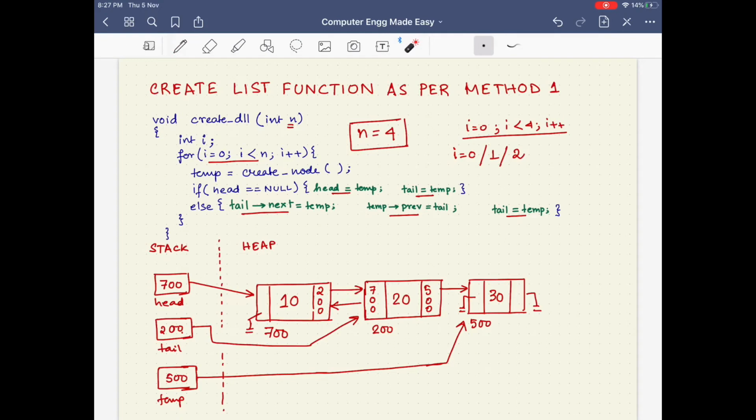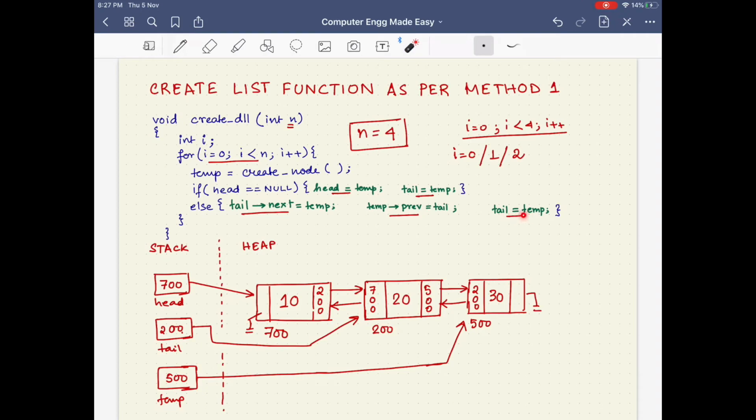Next we have the statement temp arrow prev equal to tail, indicating whatever is there in tail will now get stored in the temp arrow prev part. So in tail we have 200, so temp arrow prev now will hold the value stored in tail instead of this null. That means this 200 will get stored here, indicating the backward link has been established.